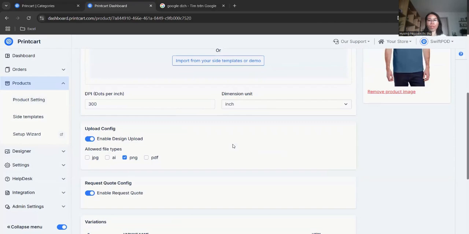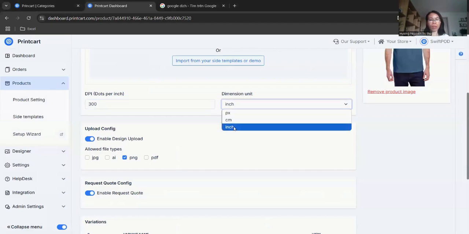Before diving into detailed settings for various sizes, it is crucial to pay close attention to modifying the parameters as per the printing house's specifications. Suppose the printing house specifies either 300 or 150. You should carefully click here to enter the required digits, for instance, inputting 300. Additionally, the dimensions here might be in inches. Thus, you must confirm that the unit of measurement aligns with the printing requirements properly. cm or inches, here I choose inches and the image file, and we will select